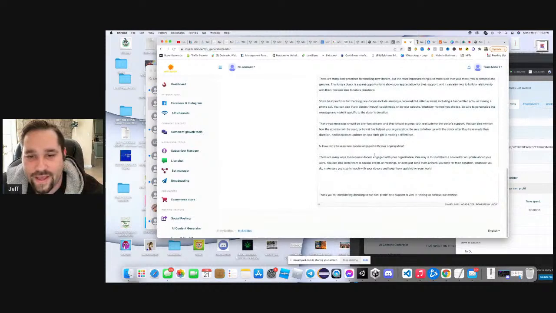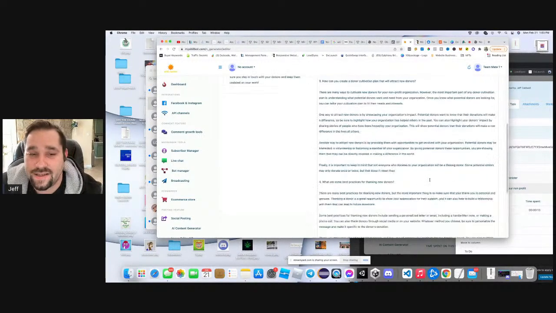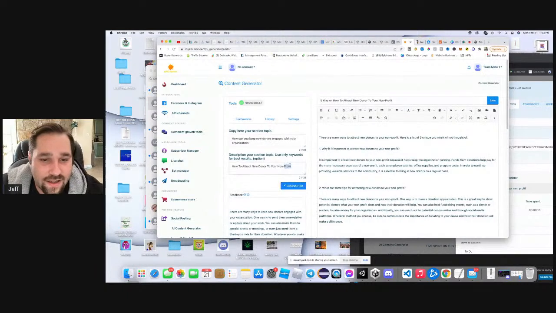And there are many ways to engage new donors. One way is to send them a newsletter or update about your work. You can invite them to special events, meetings, and send them a thank you note for their donation, whatever it is. Stay in touch with donors and keep them updated. Okay, perfect. And then, so now we're going to say,